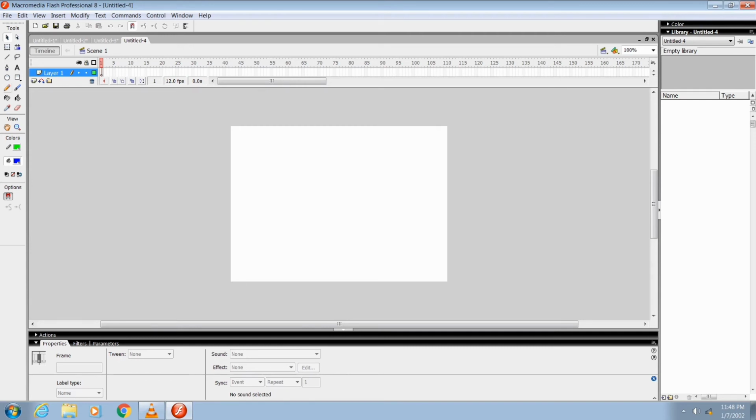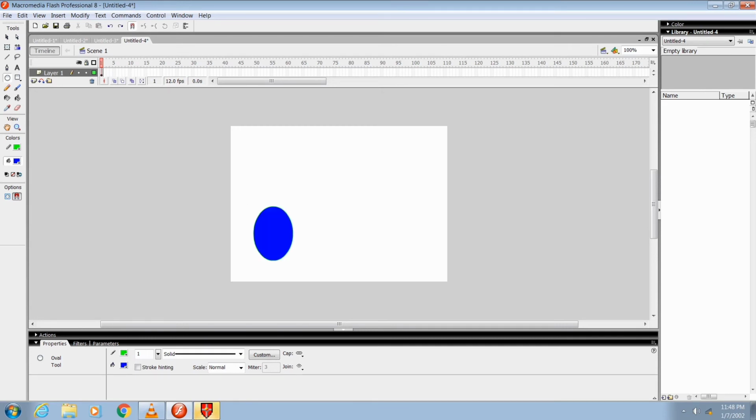I am drawing a ball again. Then select the last frame and insert a keyframe. I am selecting the last frame, like 95, and insert a keyframe by clicking on